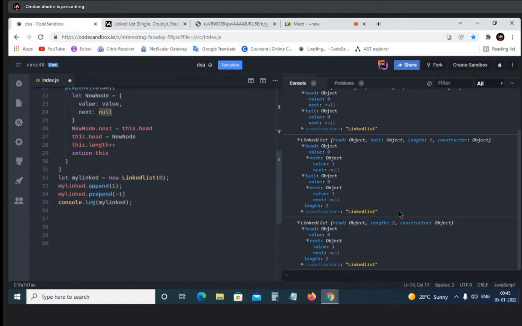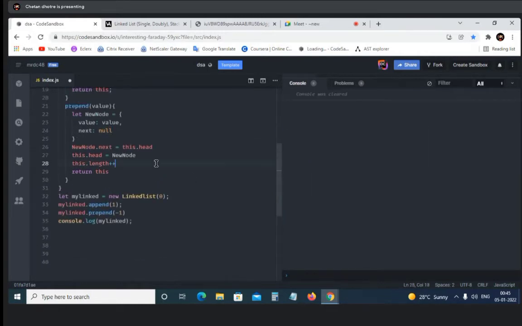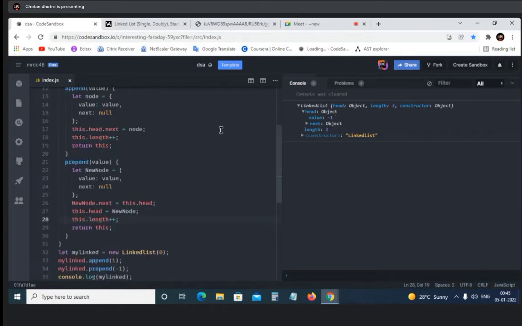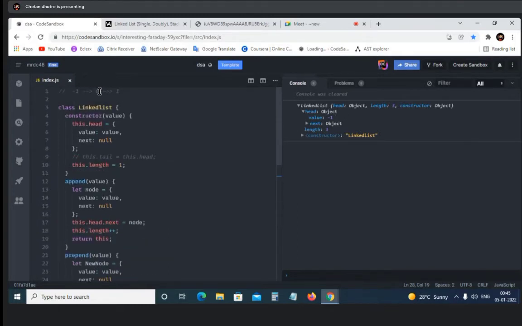Now if I just clear this so you can easily view, and run this one, you can see that there are three elements in there. If I click on this one, here is -1. As you can see, 0 is no longer the head, and it becomes the second, and so on. 0, -1. As I have shown earlier, so this case is completed.